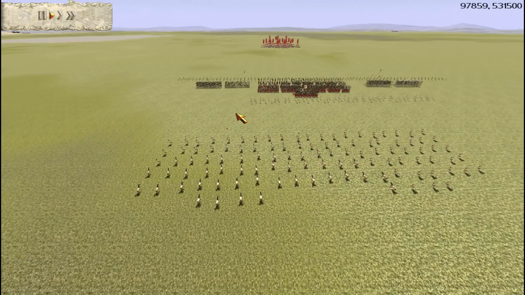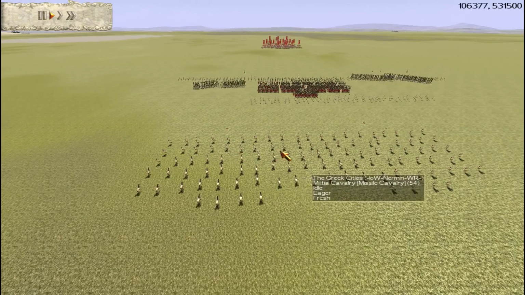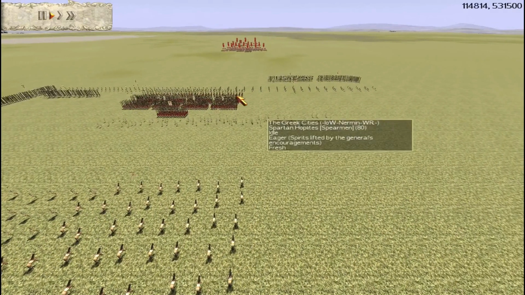So this is actually a battle replay. This is a 1 versus 1 Rome Total War 31k battle, and the players in this battle are IoW-Nermin and HoS Luna. So this is a competitive match between the HoS clan and the IoW clan, so both players are